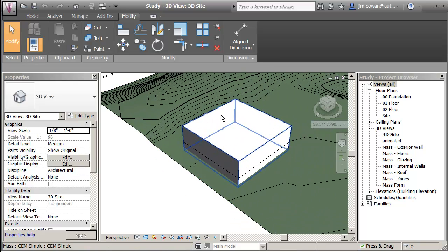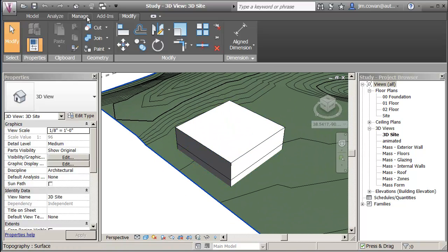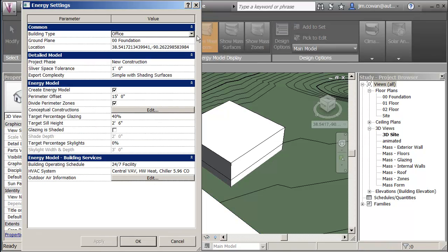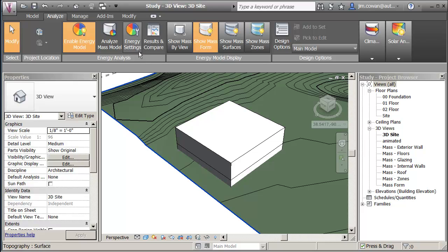Now what I want to do is do the first study, and I'm going to use the default. So if I go to the Analyze tab and I go to the Energy setting, I'm just going to go with all the defaults that have been explained before. One thing I want to make sure of here is that the schedule says default, so it's getting the schedule from the actual building type and not an override. So I'm ready to run that analysis, and I'll now say analyze the model,